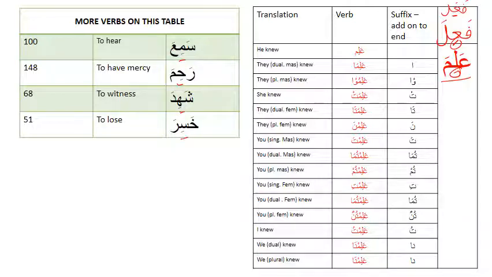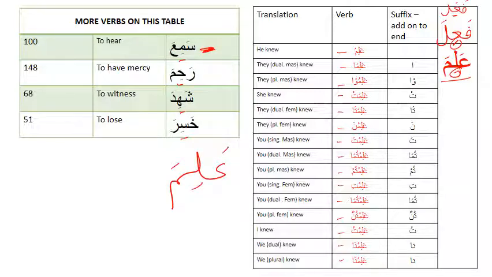Now, it's very similar. It's actually pretty much the same as the first one. All you have to do is make sure to put a kasra on the ayn letter. So it's alima, alimu, alimat, alimata, alimna, alimta, alimtuma, alimtum, alimti, alimtunna, alimtu, alimna. Same thing. All you have to do is replace, for example, if you're going to do the table for sami'a,